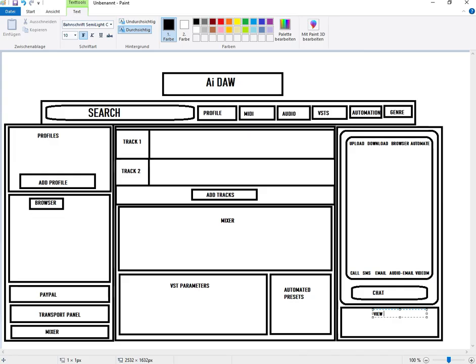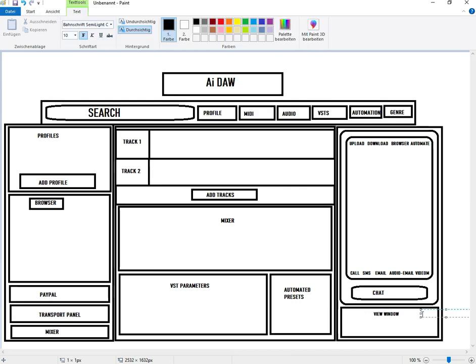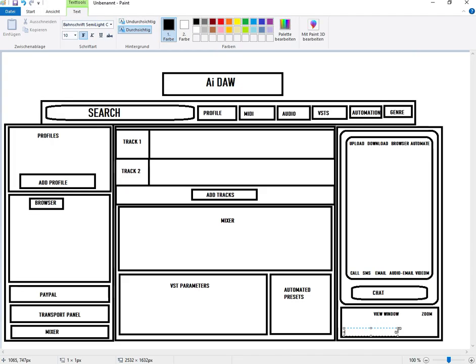Here you can see the person's face and talk with the person as you're talking, and you can zoom it. Once you zoom it, you can see the person's face and talk with the person and know if the person can play piano, and you can record the piano live. You can put a mic here and the person can connect a mic and talk and play live with you,